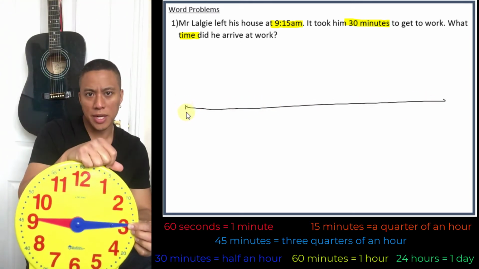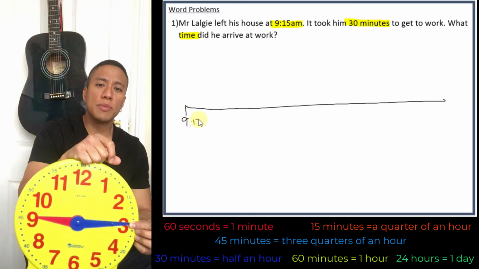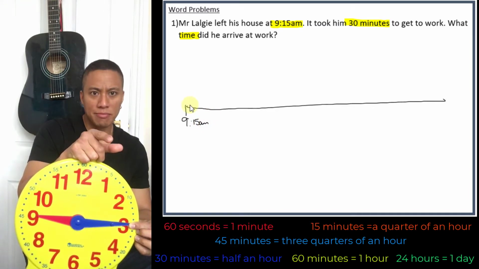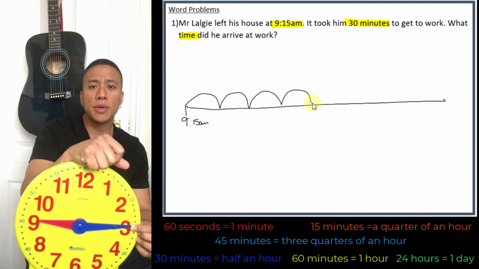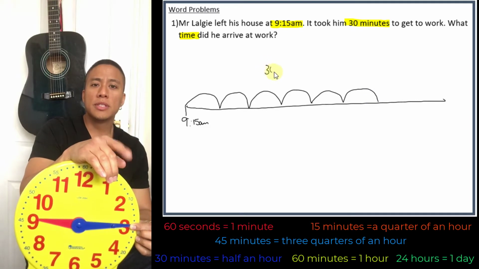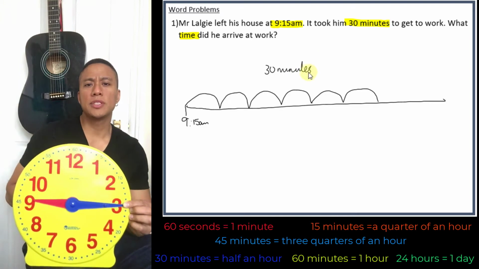I'm going to draw that number line for you. You can see 9 and then the 15. And it said it took him 30 minutes. So have a look at the number line I'm drawing. You can see that 5, 10, 15, 20, 25, 30 minutes have gone. So we're going to write the times in underneath, okay? So after 30 minutes,